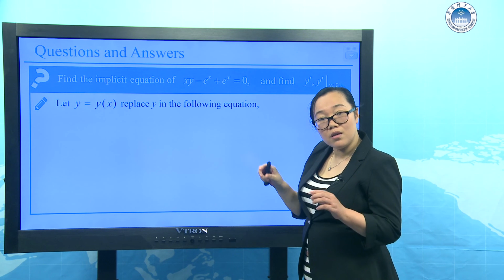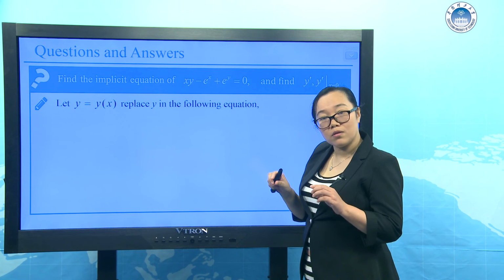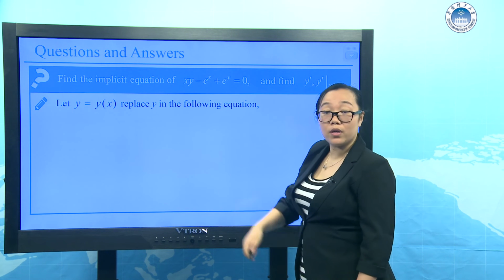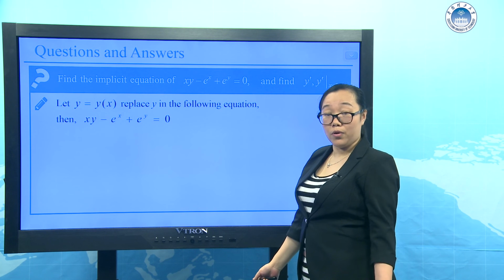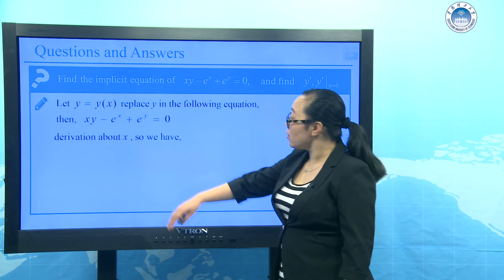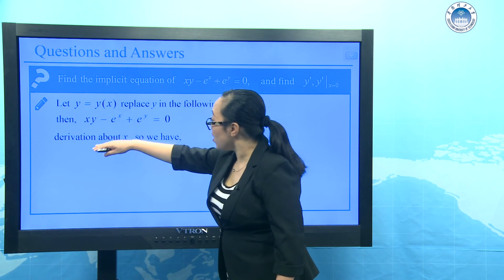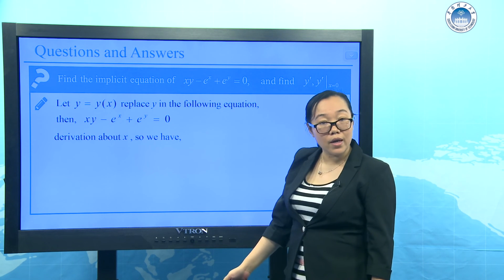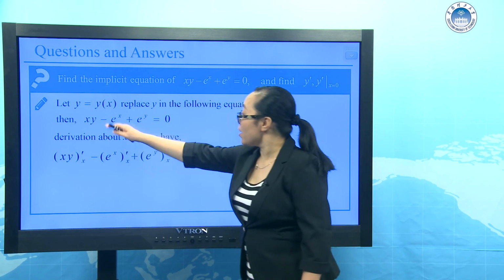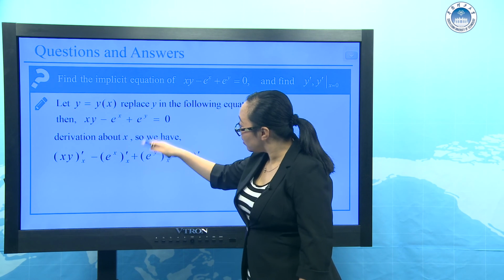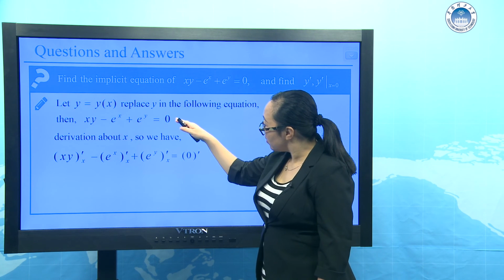This means, in theory, the function y of x always satisfies this expression, so we can get this expression. We can do the same computation, meaning differentiation with respect to x on both sides. So we can get the first, xy prime for x, e^x prime for x, e^y prime for x, 0 prime